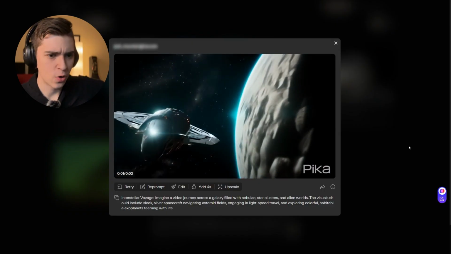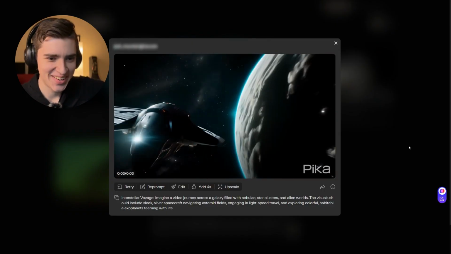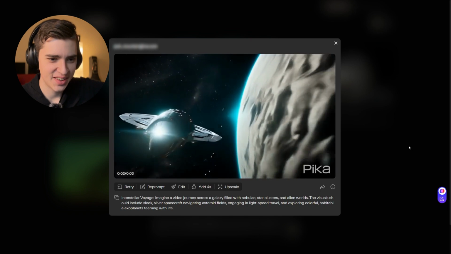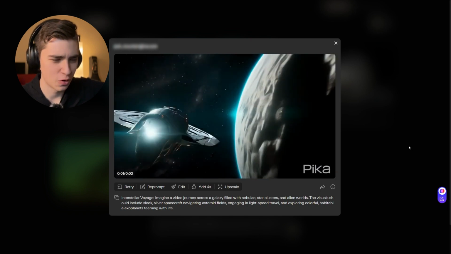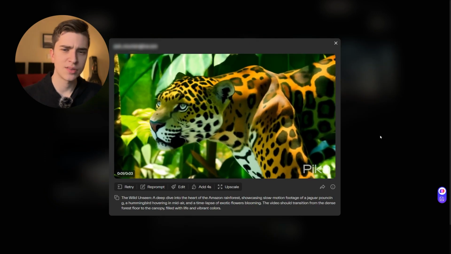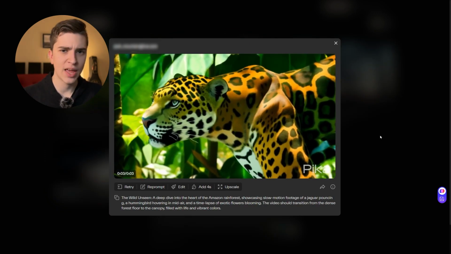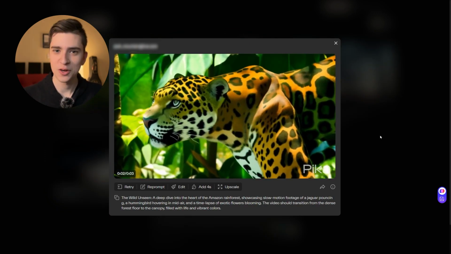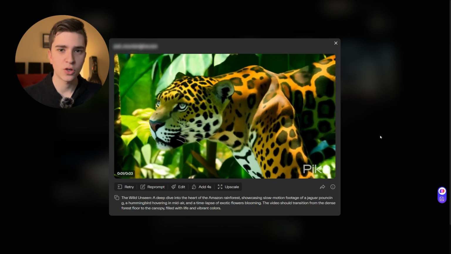Well, I've gone and devised a couple of prompts that I think are quite detailed, and while we may not get the perfect result, we'll at least get something interesting visually. Wow, that actually looks really good. It looks to be flying across a planet with clouds, or at least a gas giant. That looks pretty sick. What's interesting about this is it kind of reminds me of the older type video game cinematics that you would see where the graphics weren't the best, but it did a good job of showing what you needed to see.